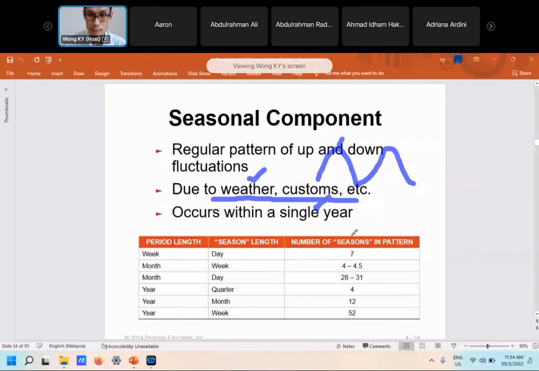Okay, next week Ramadan is coming, right? So when Ramadan is coming, I think the demand for what? For kurma, buah kurma, dates. Buah kurma is dates, right? So the demand for buah kurma will increase during Ramadan month. So that is actually customs,